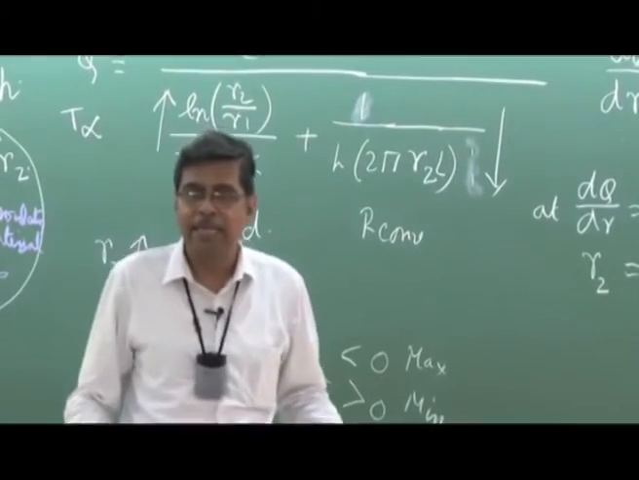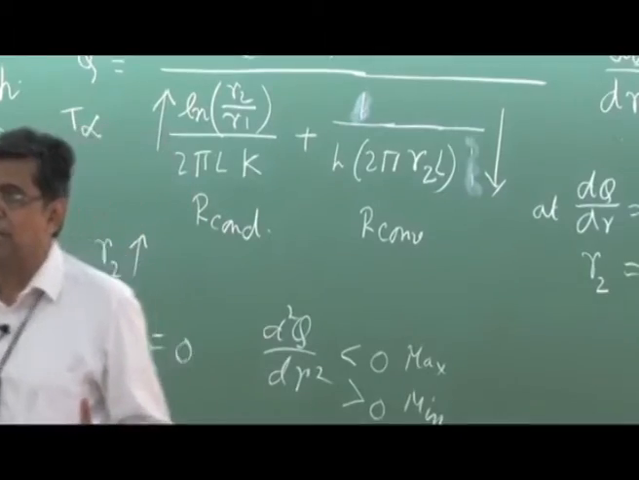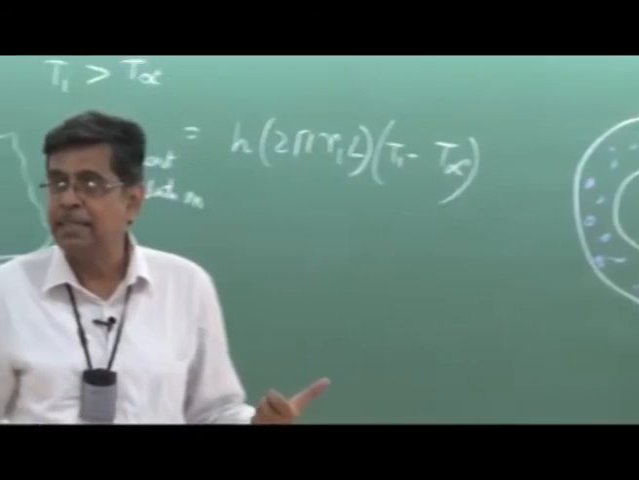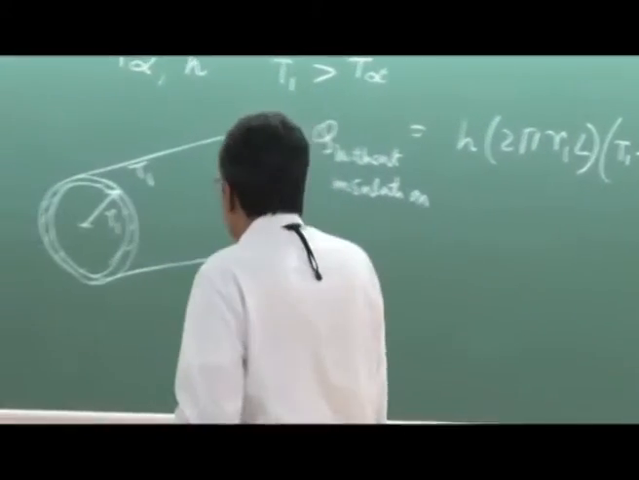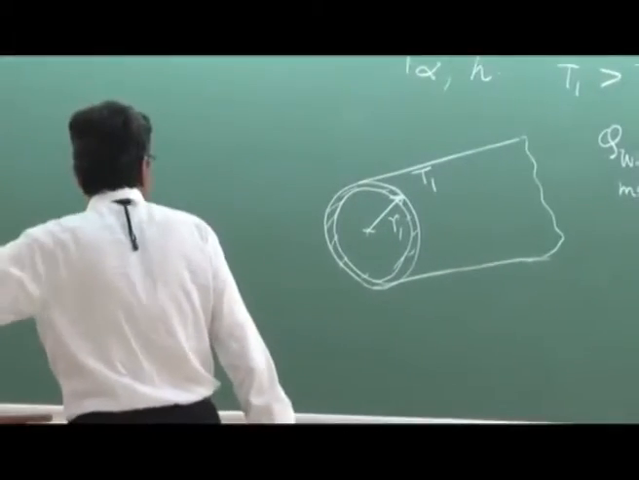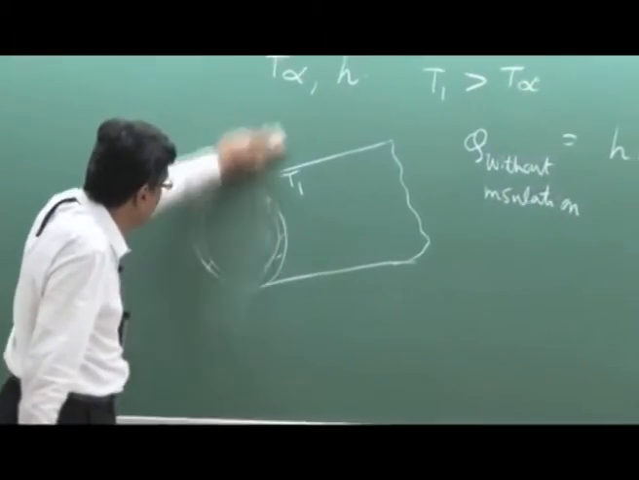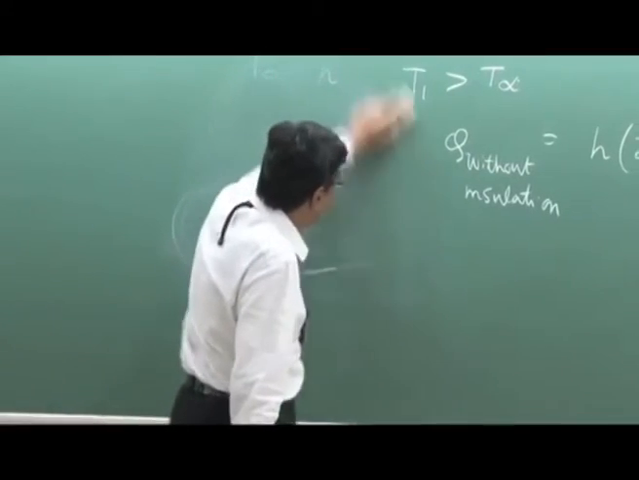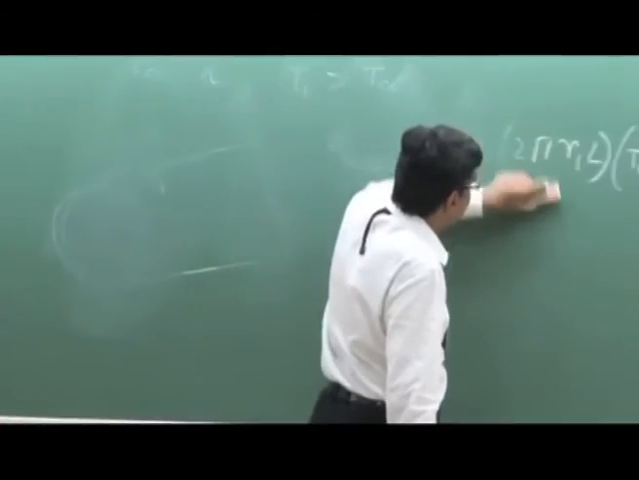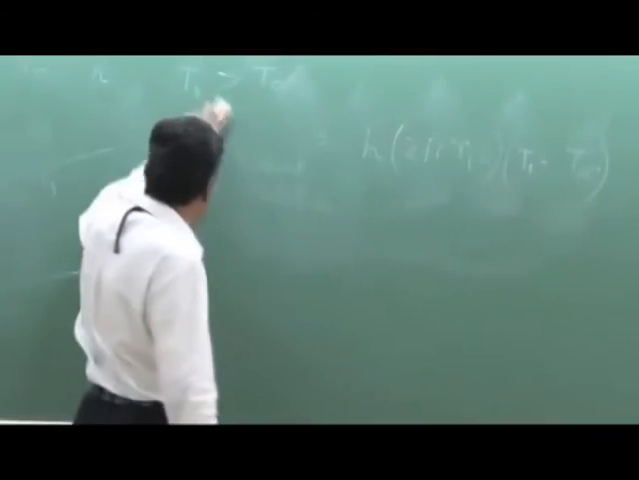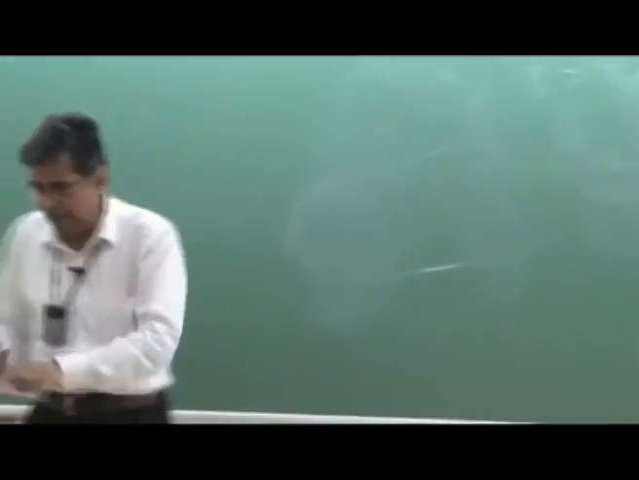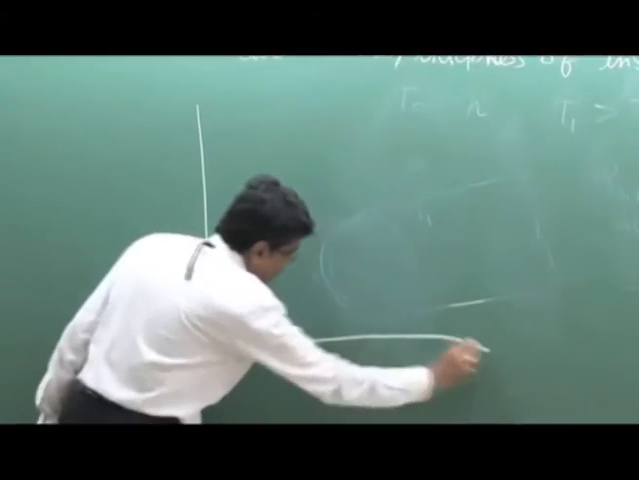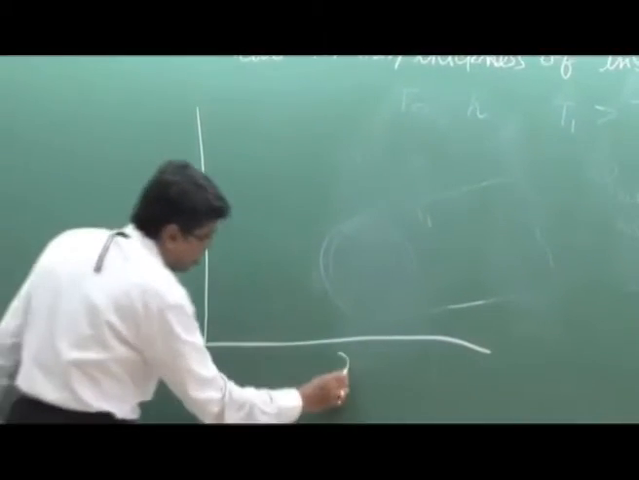So mathematically it can be said that this function has a maximum at R2 equal to k by h. Then immediately we can draw a figure like this. At R2 equal to k by h, it has a maximum. That means if I now draw a figure of heat transfer rate Q versus R2,